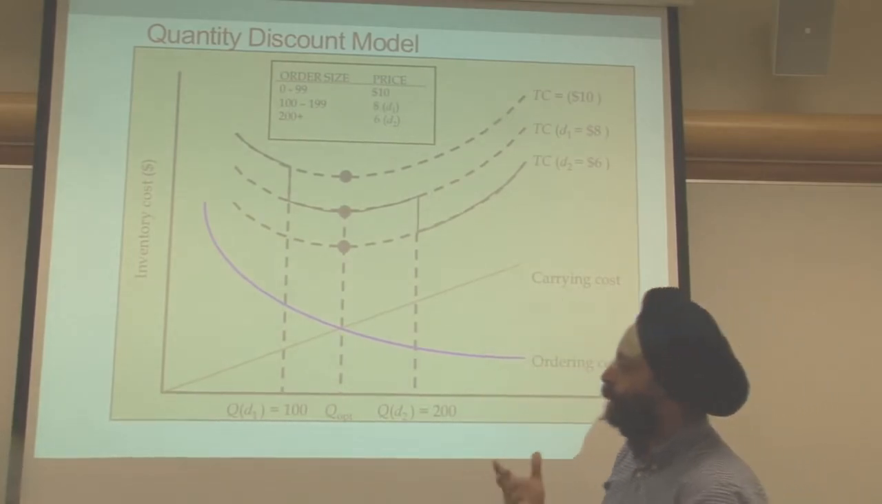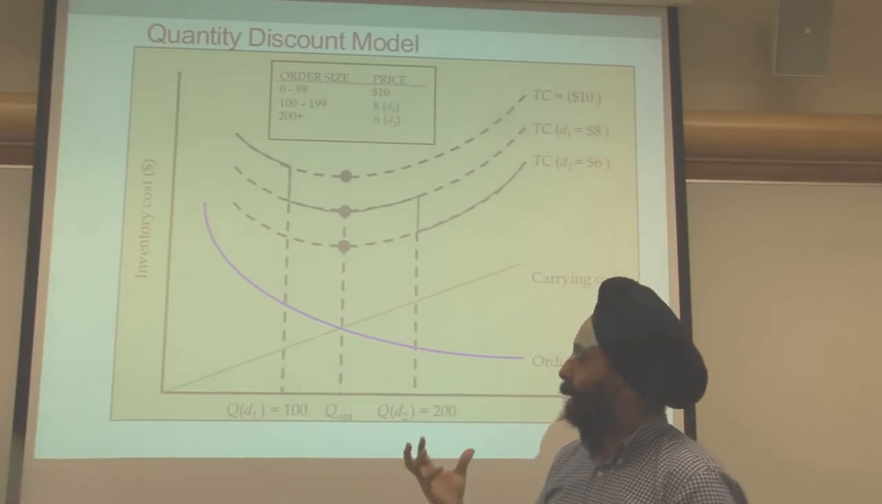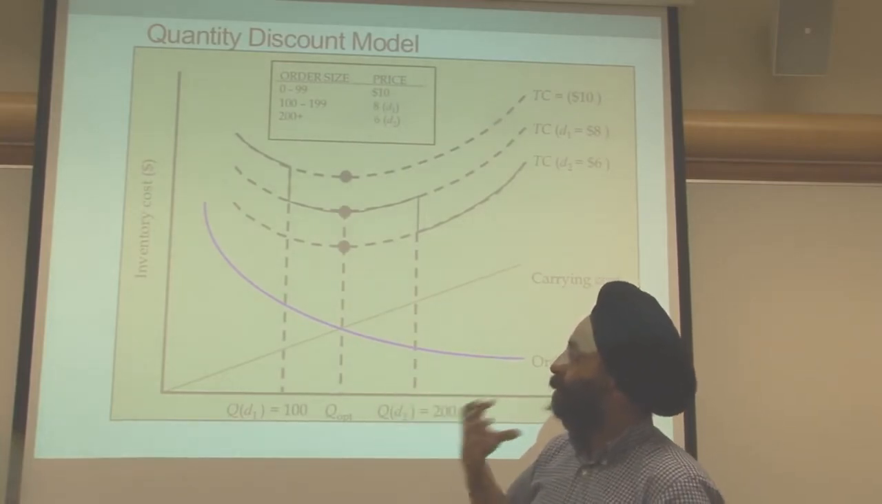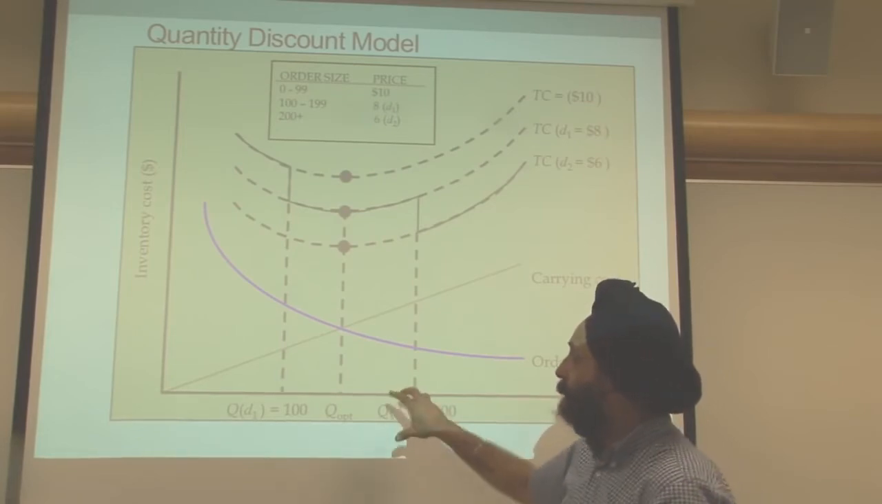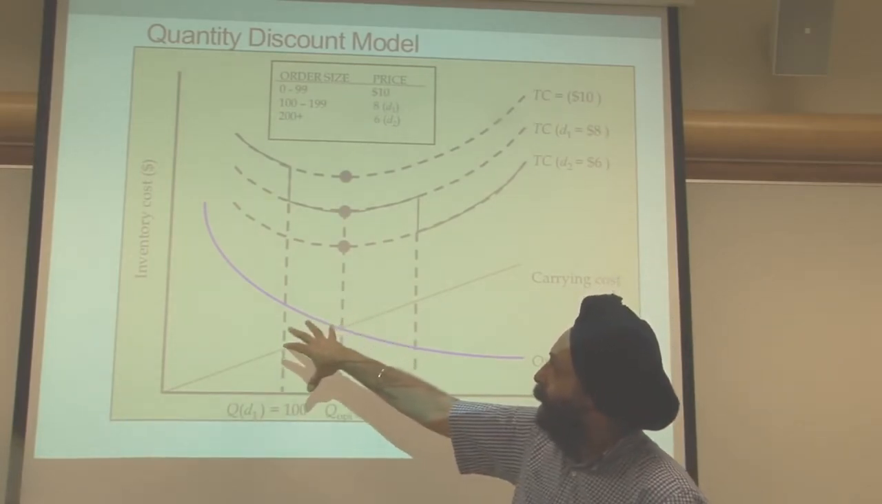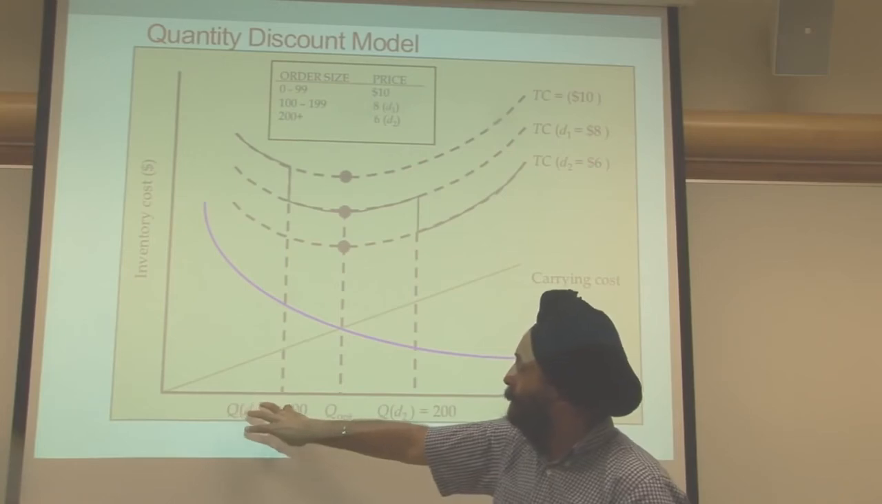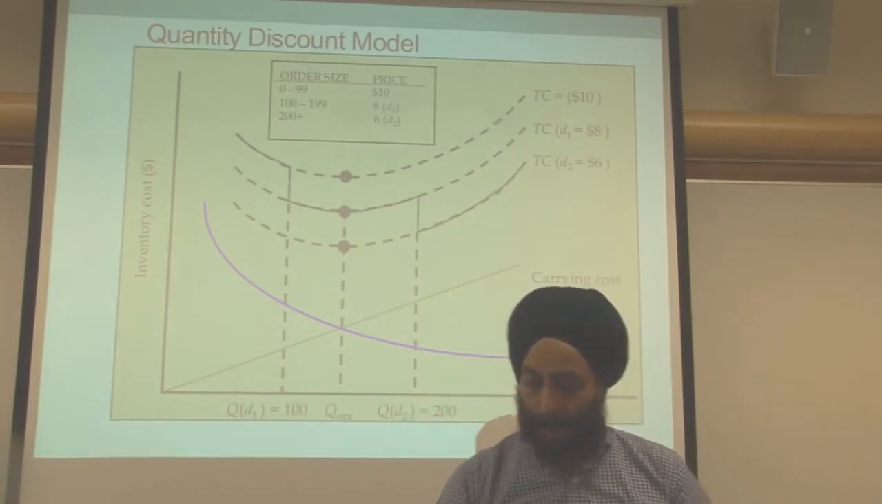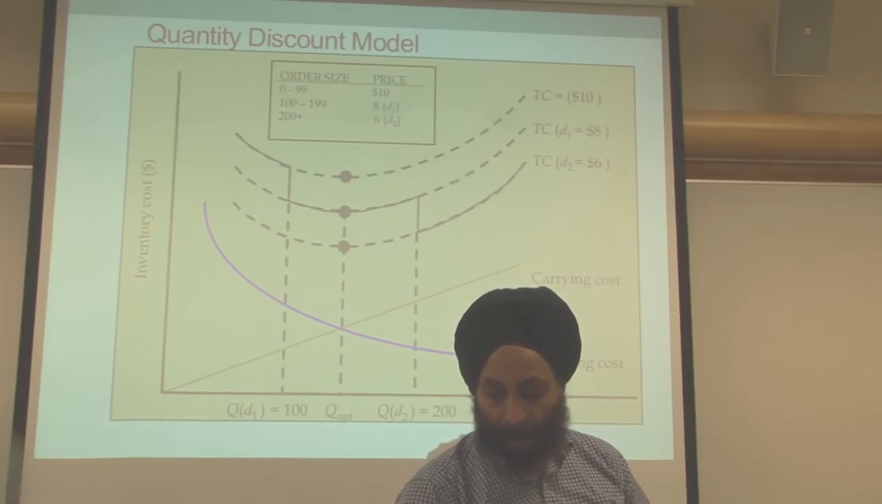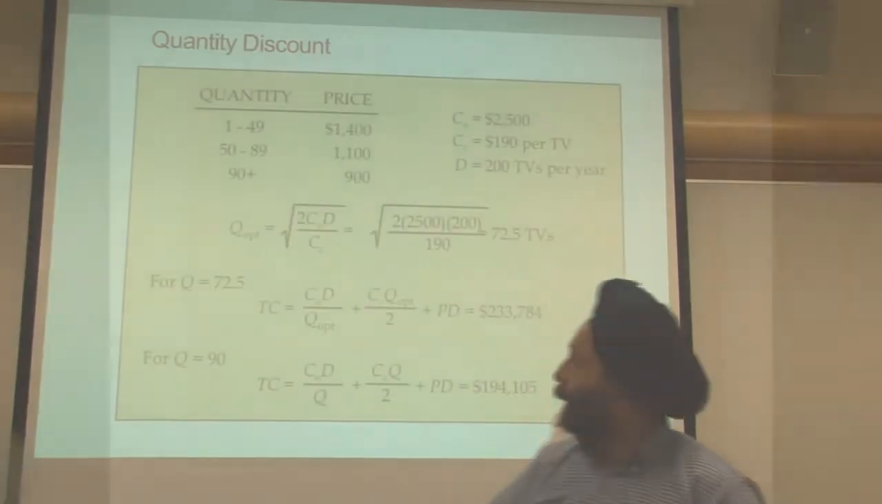So what we really need to do is compare three different costs. One is finding the optimal quantity, and if that happens to be in between the lower price and the higher price, we need to compare that with the next higher quantity discount and see if it's worthwhile to take advantage of the quantity discount. So in this particular case,